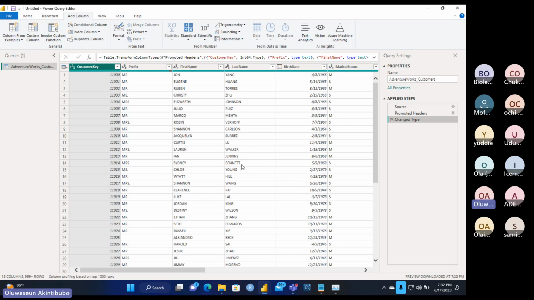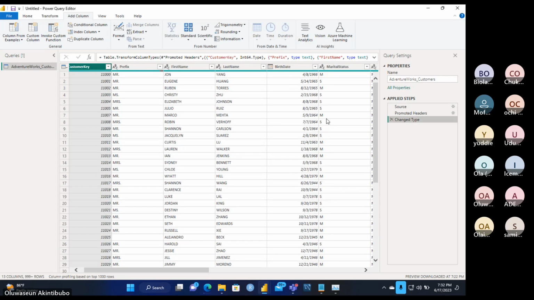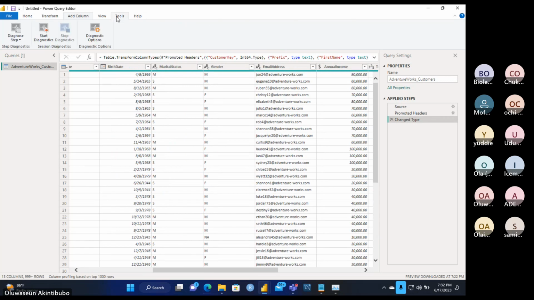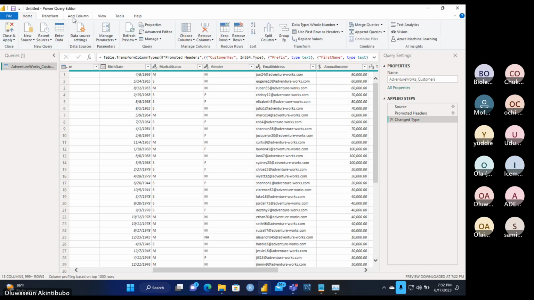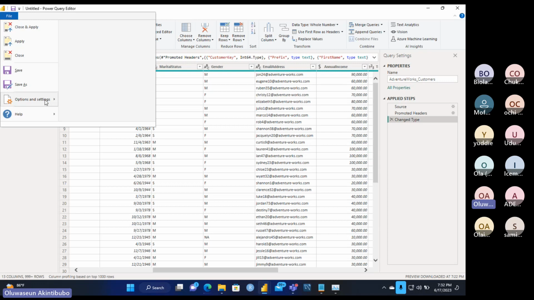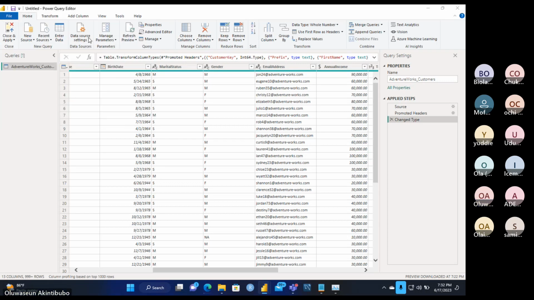Let me see. Size of this interface option settings.